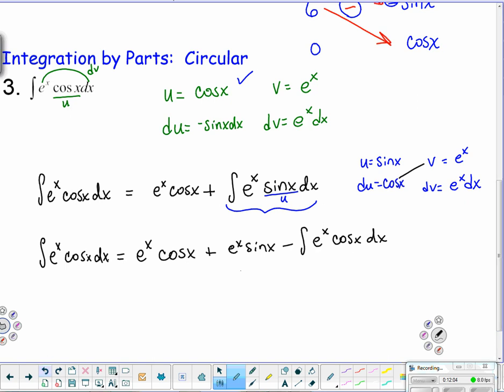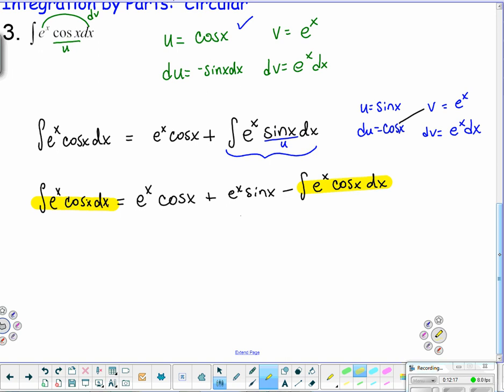So what do you notice though? Here's what I hope you're kind of seeing. I have this integral, which is a complete match to that integral. Since I have like terms in a sense, I can add them together. So now we're going to go into an algebraic step here. We're going to add the entire integral to the left side. So I'm going to move it from the right side, swing it over to the left side,